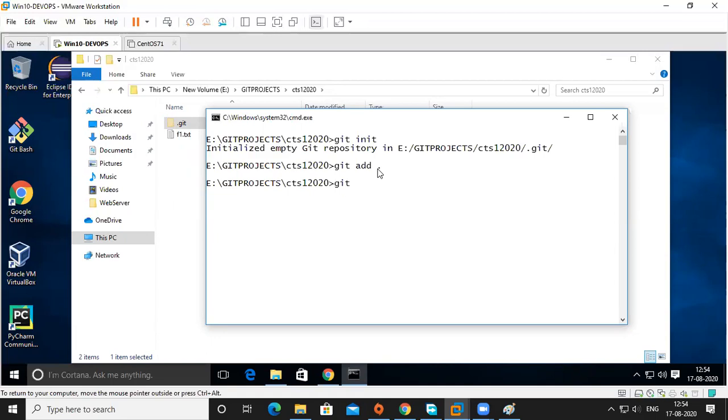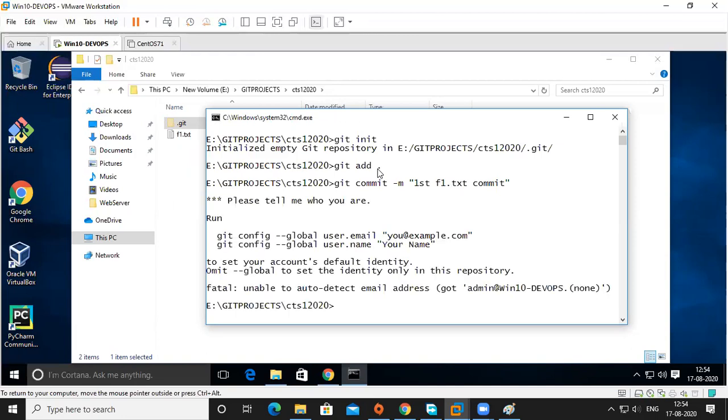Okay, now how to commit it? git commit -m. So you have to give what that commit is. You can give my first commit or second commit or F1 commit, like that. So I put first F1.txt commit. Normally we give my first commit, like that. You can use anything. This is a comment. It is compulsory when you are committing, you must give a comment. So what is it that you are committing?